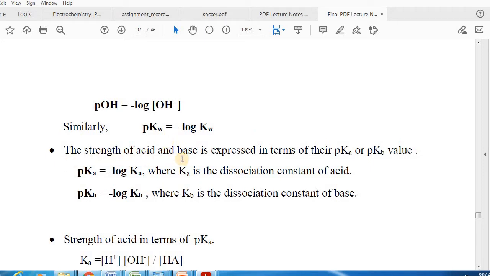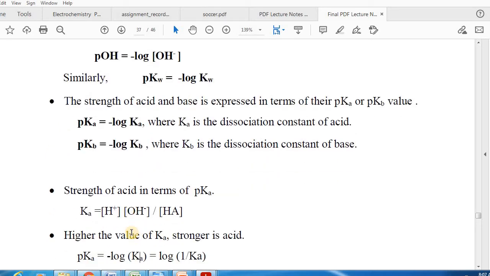Now the strength of an acid and a base can be expressed in terms of their pKa or pKb values, where Ka and Kb are the dissociation constants of acid and base. Now pKa is given by negative logarithm of Ka, whereas pKb is given by negative logarithm of Kb. So the strength of acid in terms of pKa, we very well know Ka is given by product of molar concentration of H plus ion, OH negative ion divided by molar concentration of